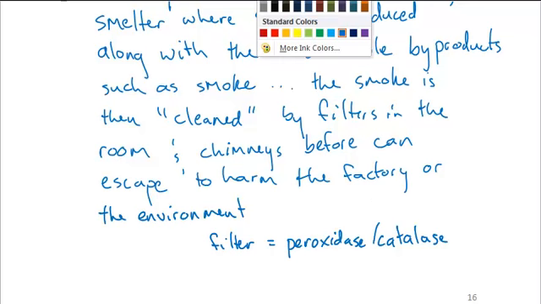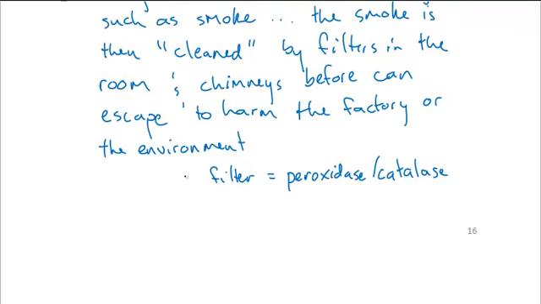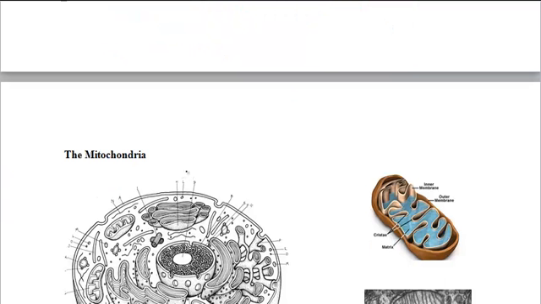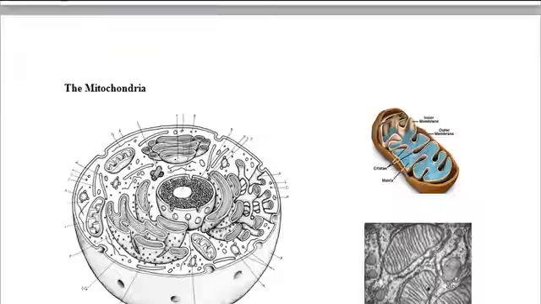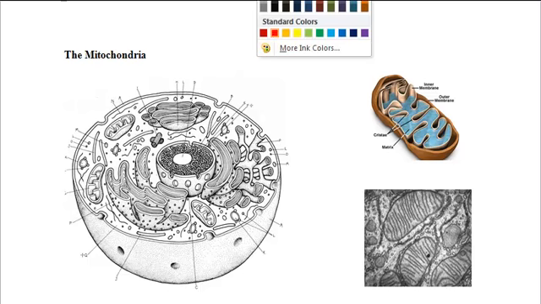Okay, so now we're going to take a look at the mitochondria. And we've actually talked about the mitochondria before when we were talking about ATP. I'm not going to go into a whole lot of detail, but it has been mentioned before. And if we're going to look at it in the diagram,